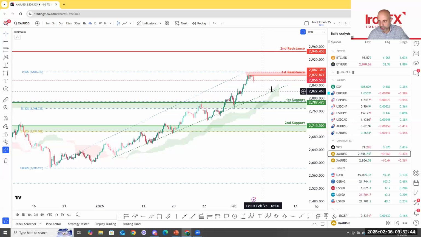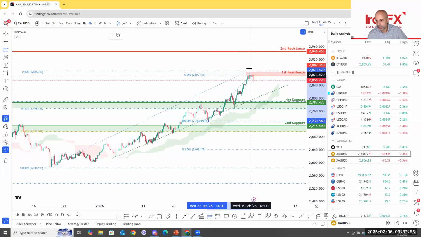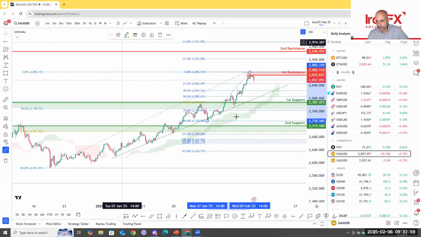Identify another opportunity to go long. Right now, on this uptrend here, we can probably run another Fibonacci retracement, starting from this swing low on 27th of Jan, going up to this swing high here on the 5th of February. When I look at all the fibs, we can see that the